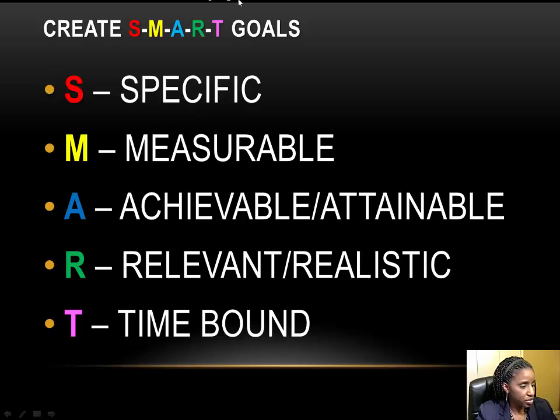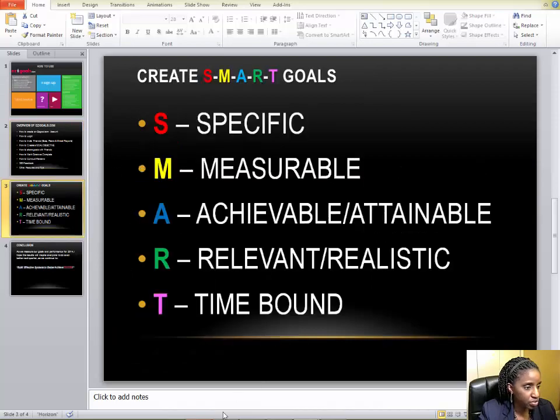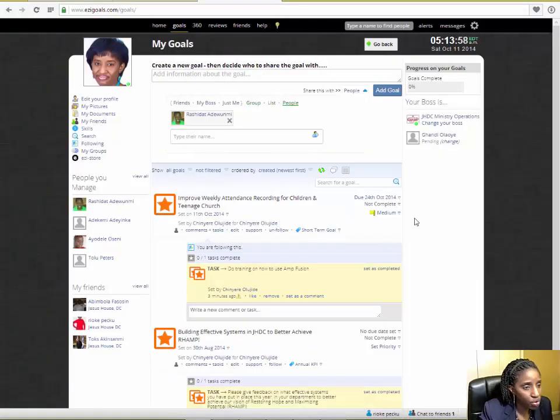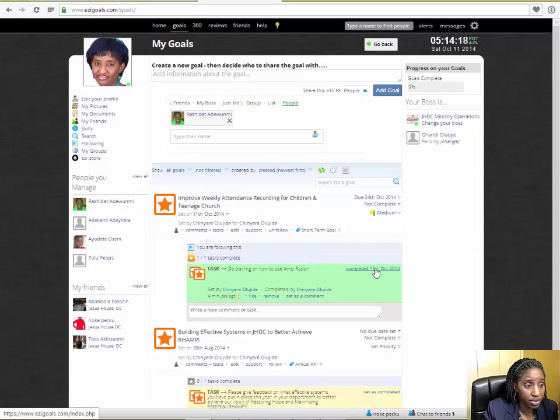So I just wanted to show that to us real quick, and I'll go back to the goal that we just created, because another thing you can do is, if this goal is completed by whoever it has been shared with, what they're going to do is click set as complete. When they click set as complete, it gives a date that the goal was completed. But since I know this goal has not yet been completed, I'm just going to leave it back the way it was. So this basically summarizes how you can create a goal or objective, whatever you decide to call it,